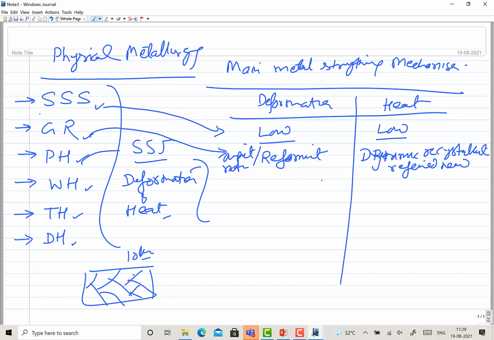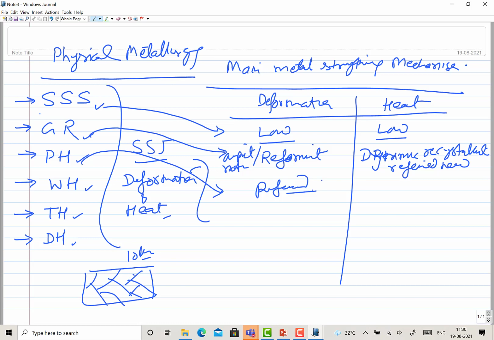In case of the precipitation hardening metals, deformation will be doing the same thing, but the effect may be limited. You see, these precipitation hardening metals also can get refined, but at the same time they are subjected to the application of heat. Refined means if earlier you had a precipitate of 5 micrometers or 2 micrometers, these may get broken very badly, so these may not be detectable, and when the particle size or grain size is reduced significantly, then